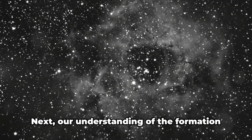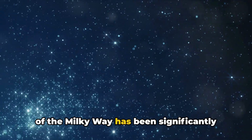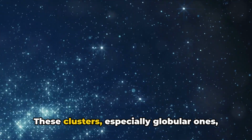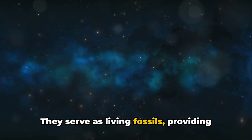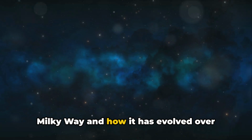individual stars. Next, our understanding of the formation of the Milky Way has been significantly shaped by studying star clusters. These clusters, especially globular ones, are some of the oldest structures in our galaxy. They serve as living fossils, providing clues about the early conditions of the Milky Way and how it has evolved